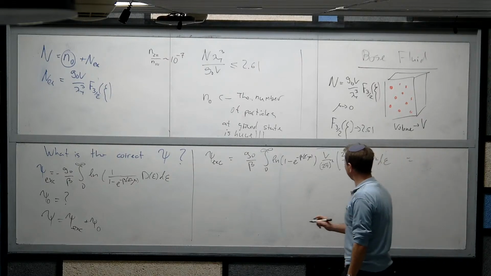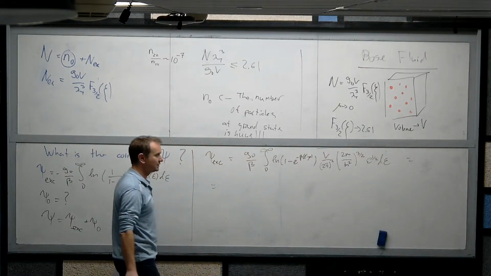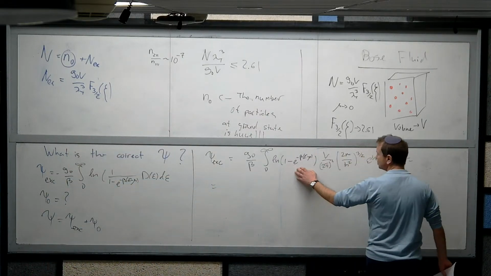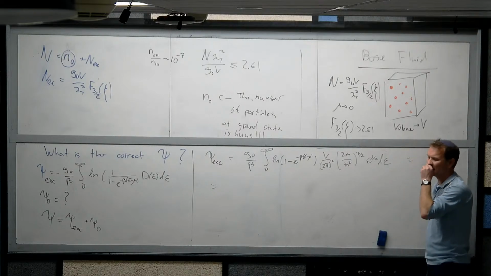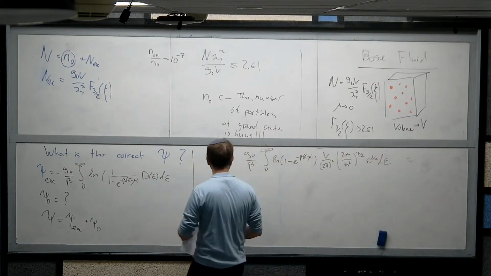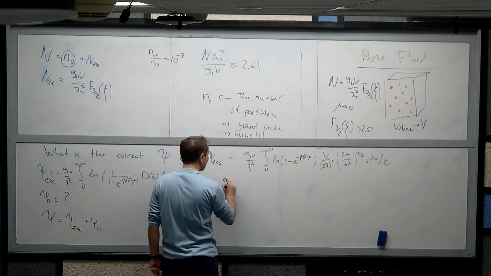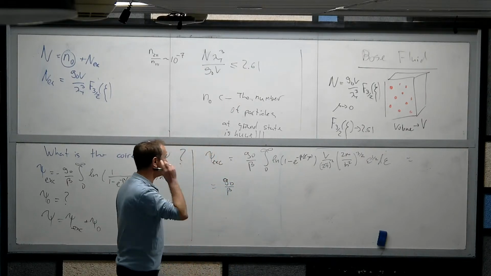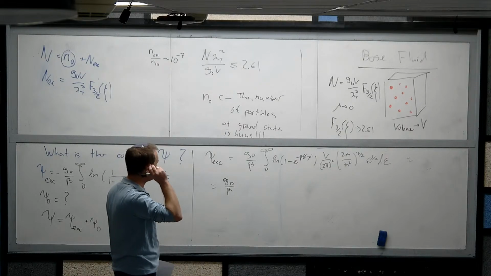Now, I want to perform integration by parts. I want to perform integration by parts to get rid of this logarithmic function from here. Why, you will see in a second. So, g0 divided by beta. And when I perform an integration by parts,